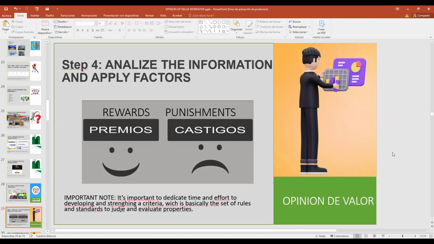Remember that it's important to dedicate time and effort to developing and strengthening a criteria. The most important criteria is the one you already have, which is pretty much the set of rules and standards to judge and evaluate properties.